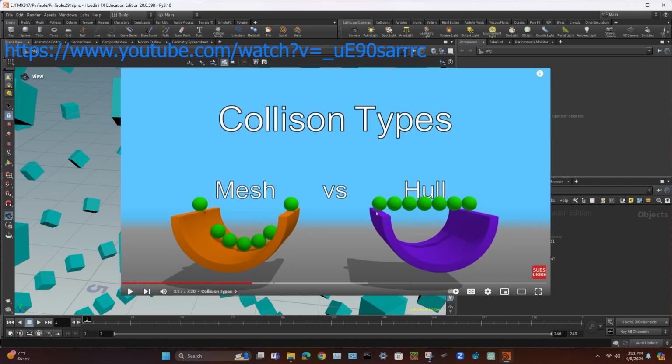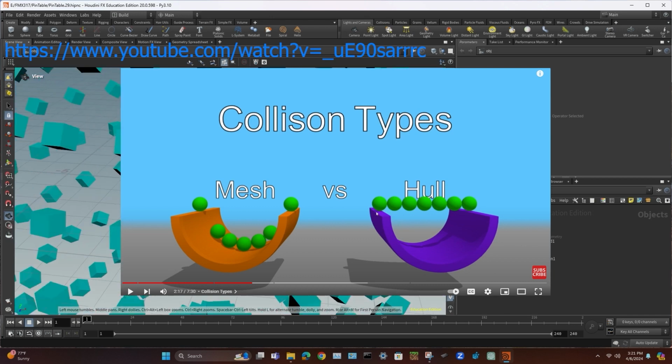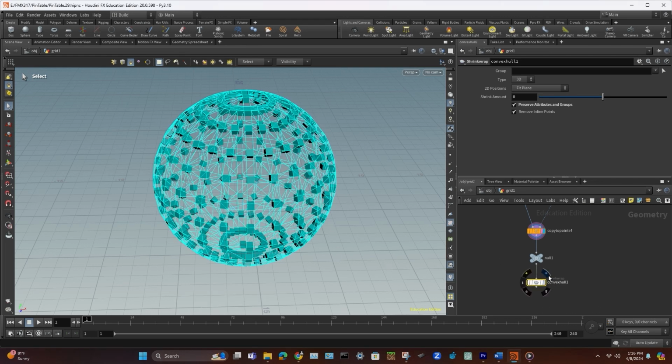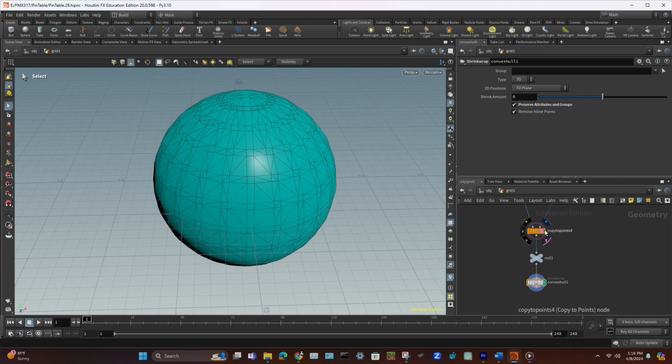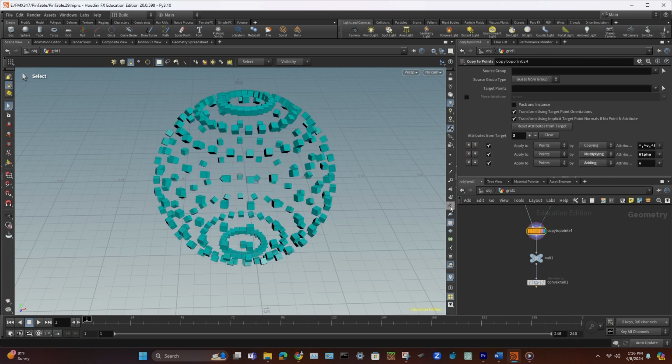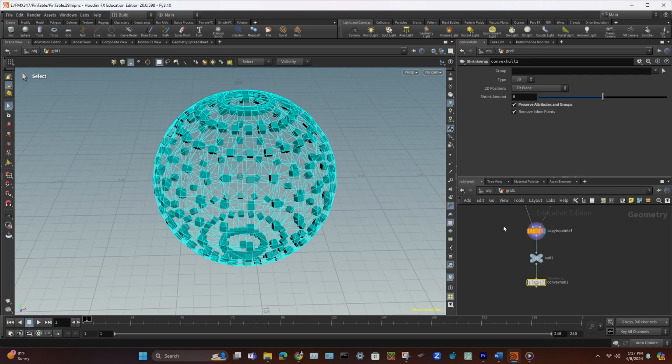Now with primitive hulls here, I'm going to show you something. There's a glitch here too. So this is basically the difference between a mesh and a hull. As you can see, a hull occupies a whole space, even if there's empty space between the meshes. So I've added a node in here, and if I display it, it makes it solid. Yet if I display it before that, you could still see the mesh. As you can see, though, toggling this button does not allow you to see that. So that may be something that side effects will work on later,